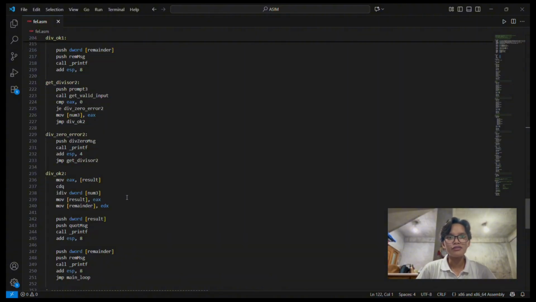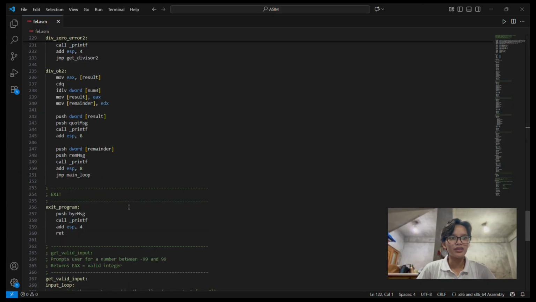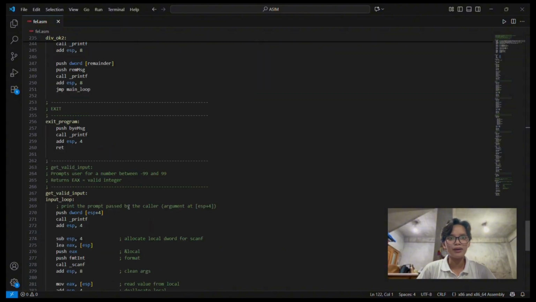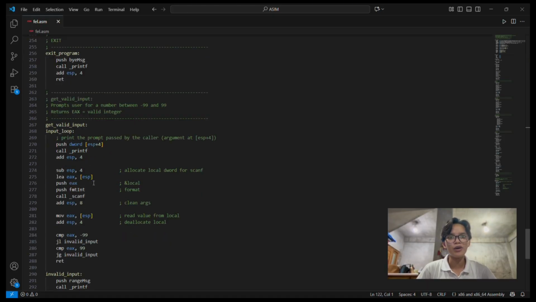So this validation ensures that the computations are performed only on safe, valid numbers, making the program more reliable and friendly. When the user is done using the calculator and enters 0, the program exits gracefully by displaying a simple goodbye message like, "Thank you," signaling that the execution has ended properly.